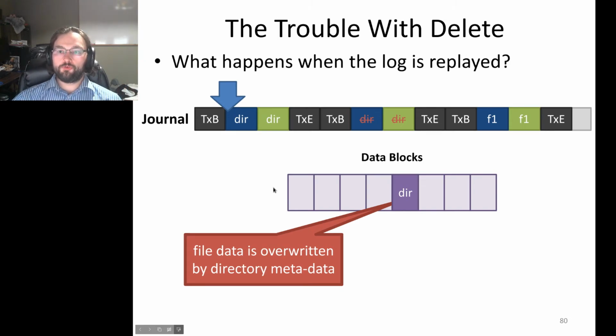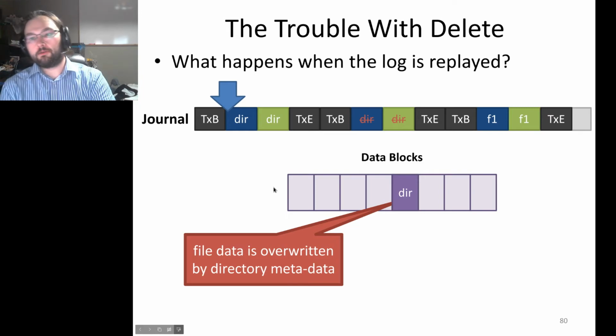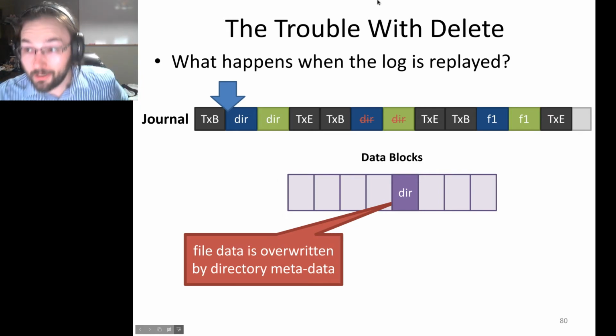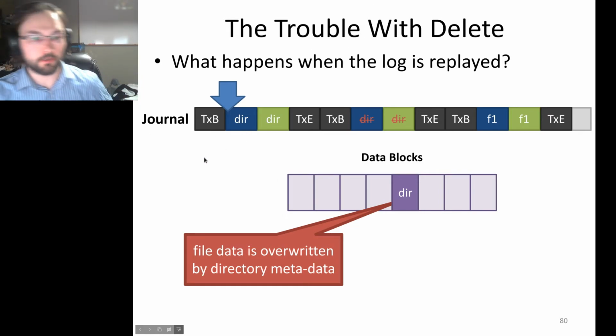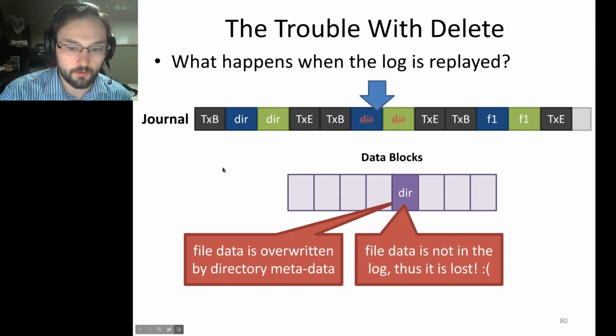And so we'll be able to do so. Because the directory data is in the journal, we'll go ahead and replay it and overwrite it. And now we don't have the file data in the journal because we're doing metadata journaling. And so when we try to replay this, we're sort of stuck. We end up having lost the file data